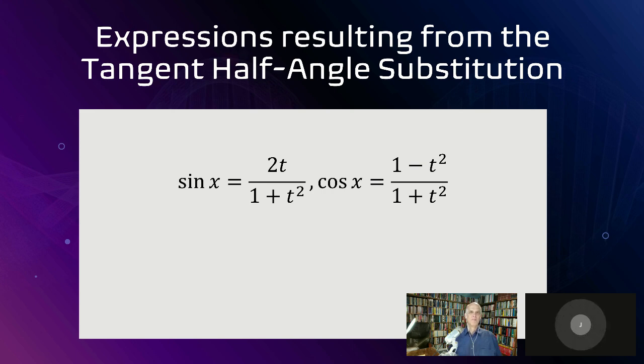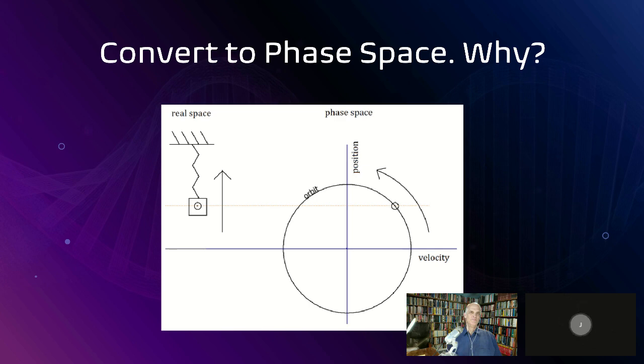So we get these results from the substitution. Sine of x is equal to 2t over 1 plus t squared. I just like to put an aside: we see equations just exactly like this when you start studying relativity. I'll just leave it at that. Now we're going to bring t into our oscillator, and we're going to construct the oscillator.